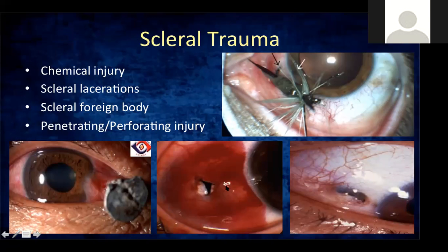This is a different photo, but this is what you might see when we pull this out in the OR. It leaves you this defect here. So you have to close this with sutures. This one again is another type of laceration. This one has prolapse of the choroid from underneath. So this one, you will also have to excise the choroid and just repair the conjunctiva.